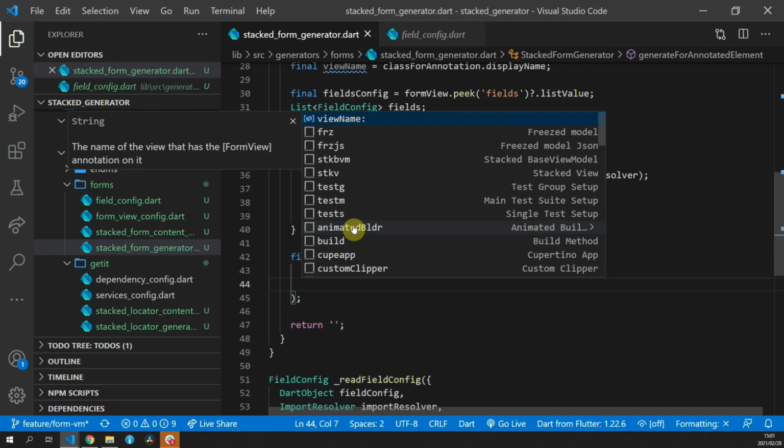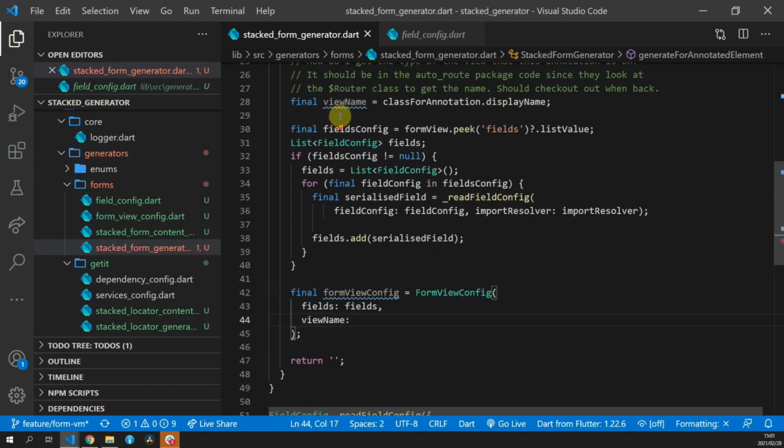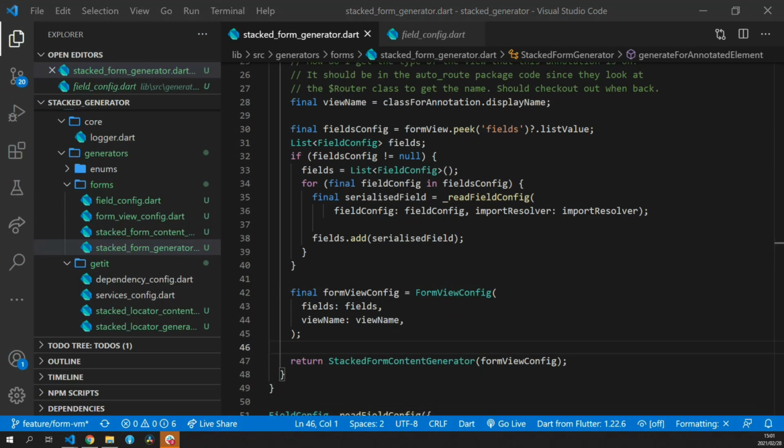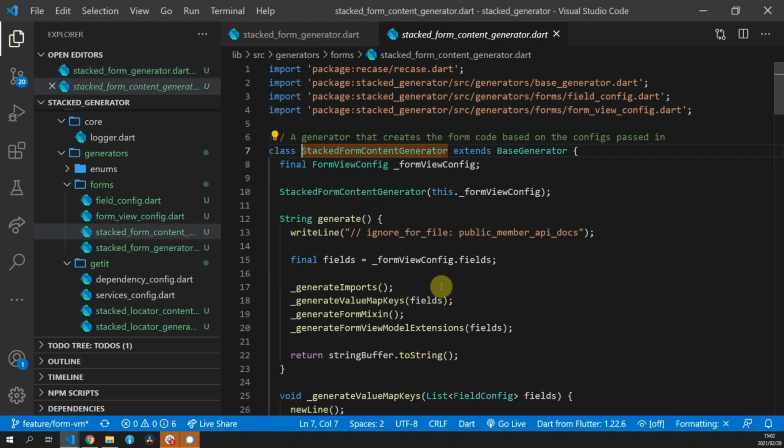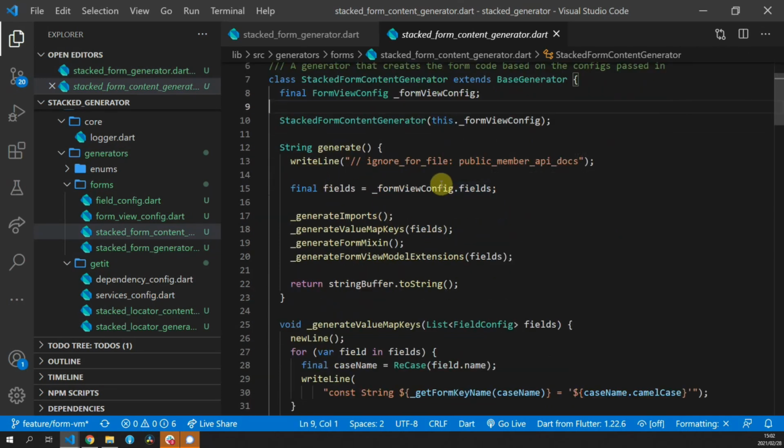And the final thing to do is to construct a new form view config. We'll pass in all of the values that we extracted from the annotation. And then we'll construct a new instance of the class that we wrote where we generate the actual code. It's called stacked form content generator. This is the class that we went through where we generate the imports, the key maps, the mixin, as well